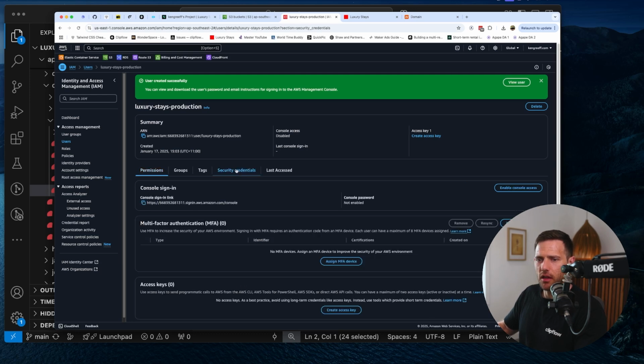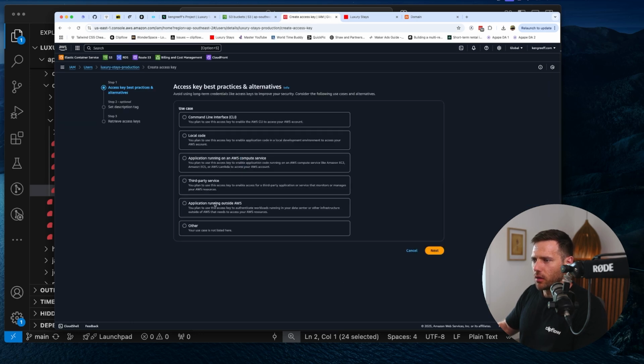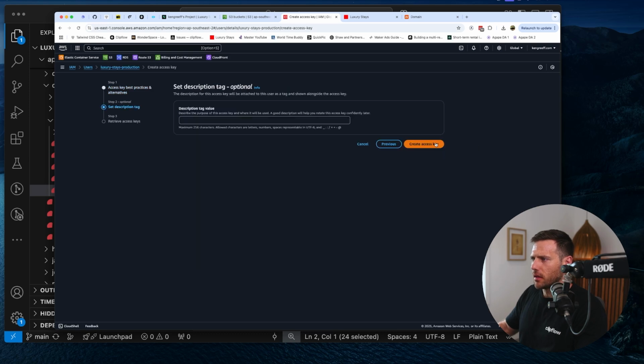So we click security credentials here. And then what we do here is we create an access key. And we want to use this to run an application running outside of AWS. I'm going to hit next. Don't need it. Then we're going to hit